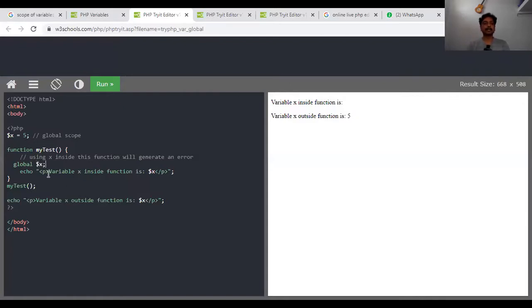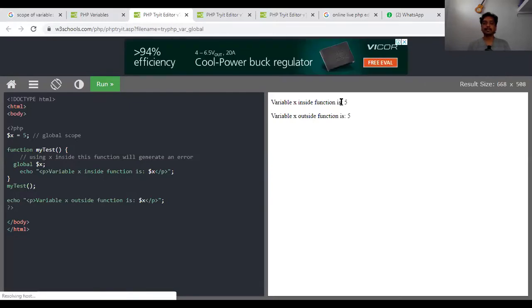ಏನಾಗುತ್ತೆ, ಈಗ ಗ್ಲೋಬಲ್ ಅಂತ ಕೀವರ್ಡ್ ಯೂಸ್ ಮಾಡಿದ್ರೆ ಏನ್ ಅರ್ಥ ಕೊಡುತ್ತೆ, ಈಗ ಗ್ಲೋಬಲ್ ಅಲ್ಲಿ ಇರೋ ಎಕ್ಸ್ ವ್ಯಾಲ್ಯೂನ ನಾನು ಫಂಕ್ಷನ್ ಒಳಗಡೆ ಯೂಸ್ ಮಾಡ್ಕೊಳ್ತಾ ಇದ್ದೀನಿ. Now if you print, it is going to print x value as 5. ಈಗ ಫಂಕ್ಷನ್ ಒಳಗಡೆ 5. ಈಗ ಗೊತ್ತಾಯ್ತಾ? ಗ್ಲೋಬಲ್ ವೇರಿಯಬಲ್ ಅನ್ನ ಫಂಕ್ಷನ್ ಒಳಗಡೆ ತರಬೇಕು ಅಂದ್ರೆ ನಾನು ಏನ್ ಮಾಡ್ಬೇಕು, I need to call